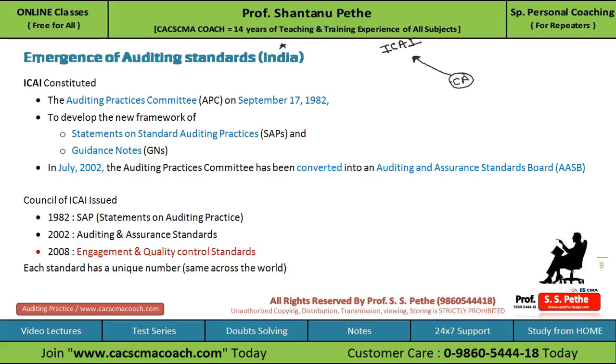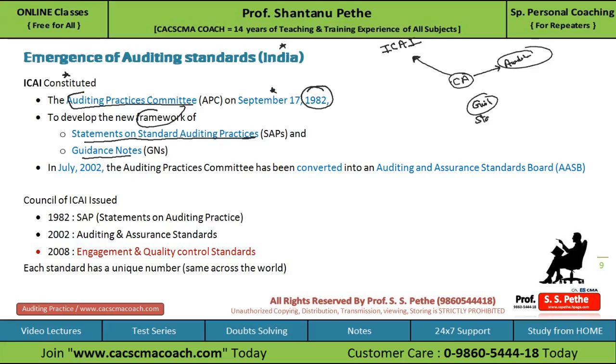And for this purpose, the Institute of Chartered Accountant of India has constituted the Auditing Practice Committee on September 17th, 1982. तो 1982 में ICAI ने ऑडिटिंग प्रैक्टिस कमेटी को फॉर्म किया था और इसका पर्पस था to develop the new framework of statement on standard auditing practice and guidance note. कहने का मतलब है जो चार्टर्ड अकाउंटेंट्स ऑडिट करेंगे कंपनीज का, उनके लिए कुछ गाइडलाइंस इशू हो, कुछ स्टैंडर्ड बनाए और वो स्टैंडर्ड के हिसाब से सभी चार्टर्ड अकाउंटेंट अपना ऑडिट करें।